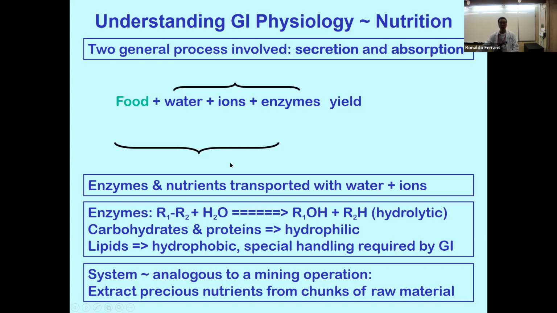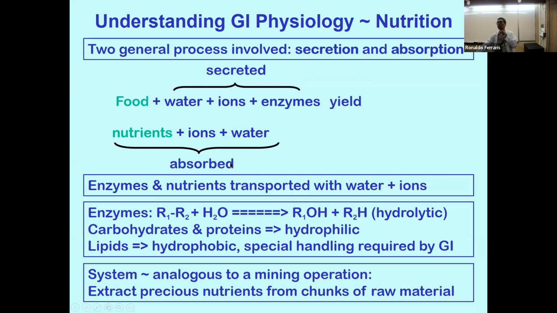Anyway, so we have water getting into the lumen, and it needs to be secreted from the blood side into the luminal side. With these reactions you then yield nutrients, ions, and water. This is the outcome of the reactions occurring here. After this series of reactions, the nutrients are then absorbed, and you don't want to lose